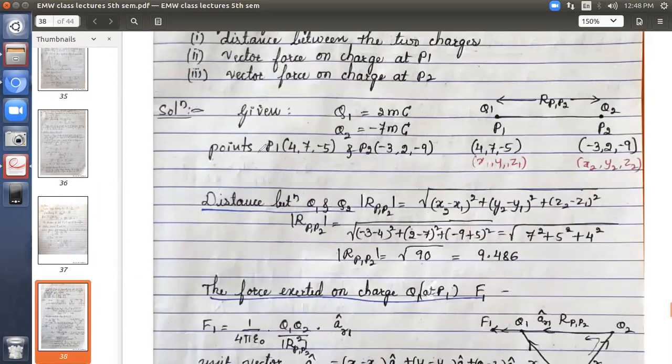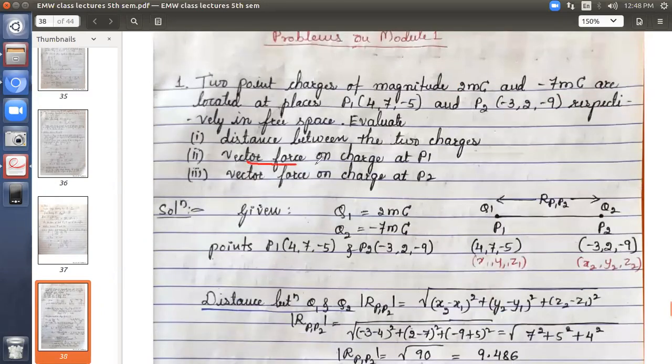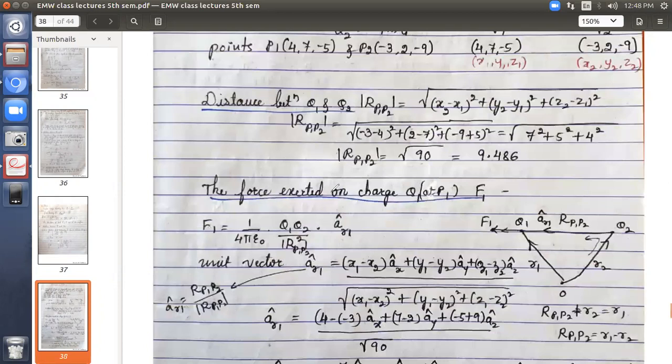So the second thing, we'll have to calculate the force. So let's go for that. The force exerted on the charge Q1 at P1, I will assume that as F1. Charge Q1, so force is F1. So how is Coulomb's law defined? It is 1 divided by 4 pi epsilon naught Q1 Q2 divided by whatever distance there is between Q1 and Q2, that distance square, into